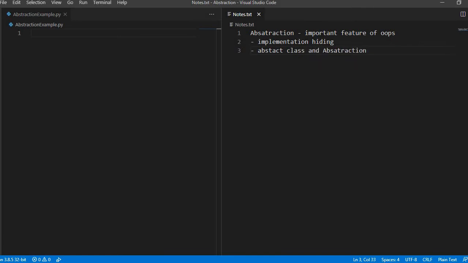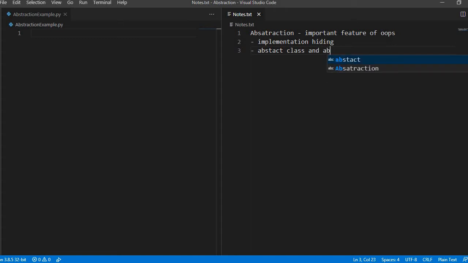By default, Python does not provide abstract classes. So for creating an abstract class, we have to import some predefined modules. ABC is the predefined module which gives you the abstract class. ABC means abstract base class.